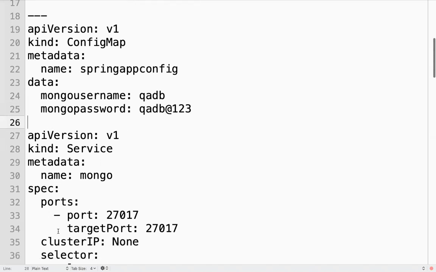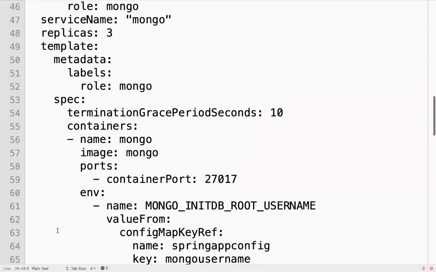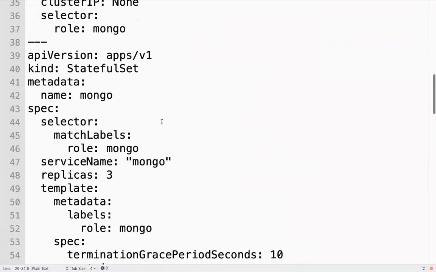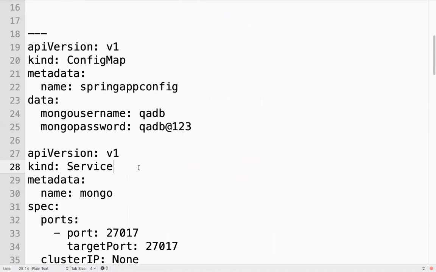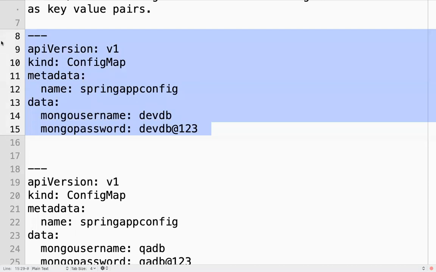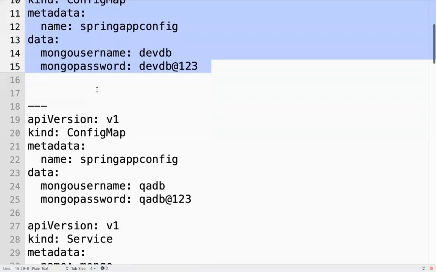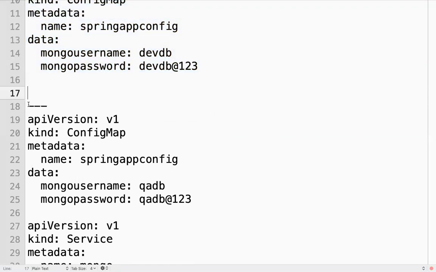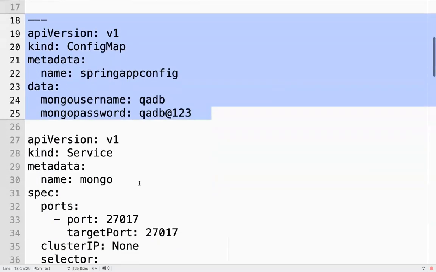Now, do I need to update this one? When I deploy this application in dev Kubernetes cluster, I will create a config map something like this. When I am deploying the same application in QA cluster, I can create a config map something like this.